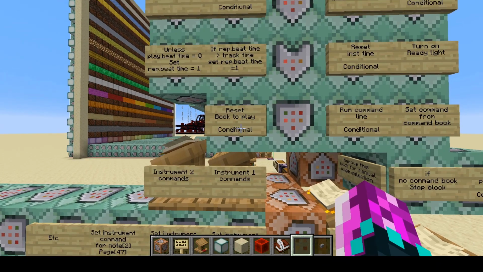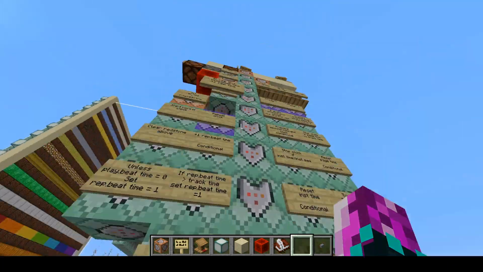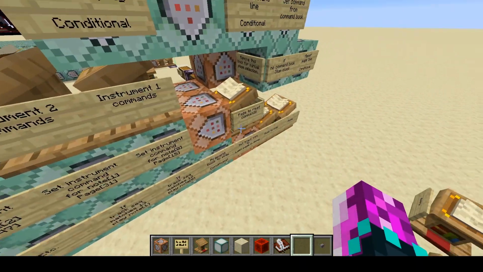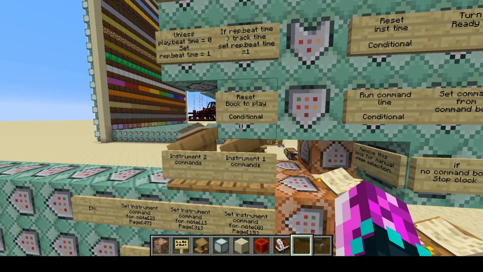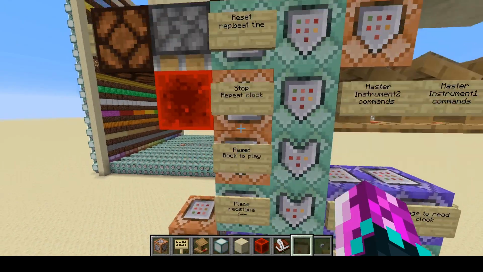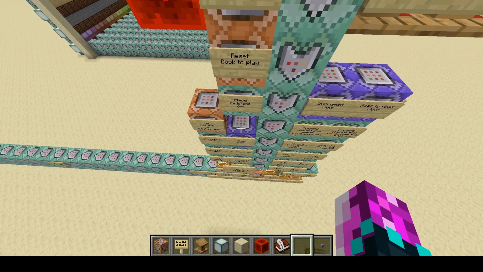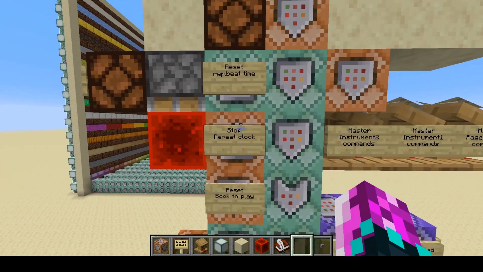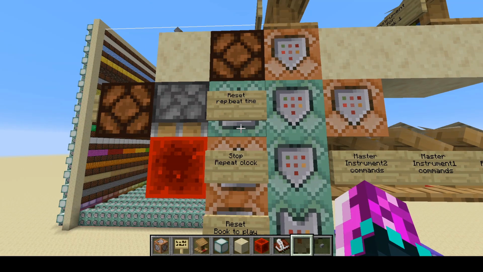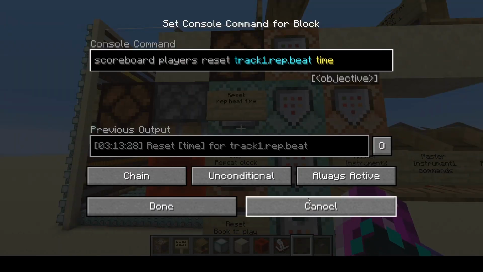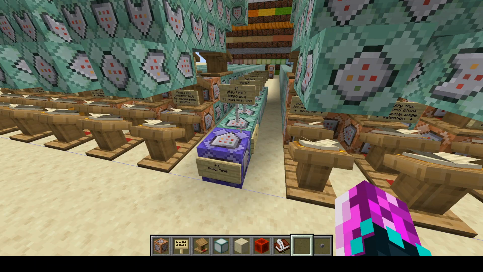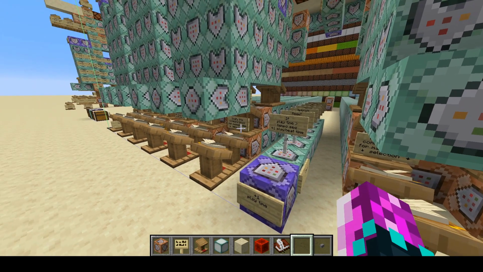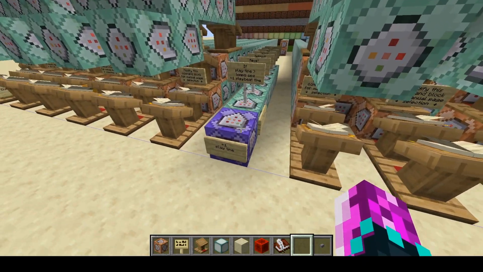And then conditional off of that, it resets the book to play by copying that one down into the book to play lectern. And when you turn it off, it gets rid of that redstone block to stop that clock, and it resets the repeat.beat time. So moving on to this main clock that actually plays all of the tracks at once,